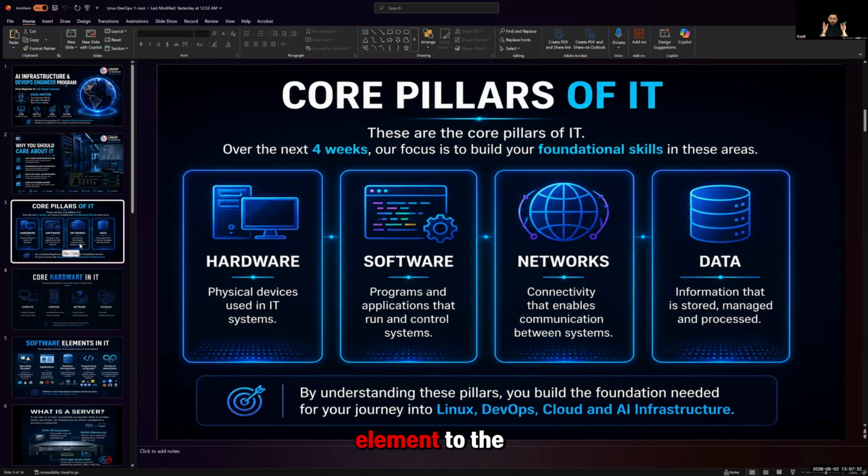There's a hardware element to the IT industry. There's a software element to the IT industry. There are networks involved, and then there's data involved. These are the core pillars of IT. Whatever you do in IT, you're a developer, an analyst, a cybersecurity person, a DevOps person, a system administrator, a help desk technician, you're going to have to work with these pillars of